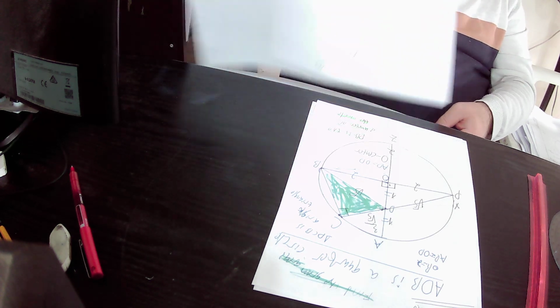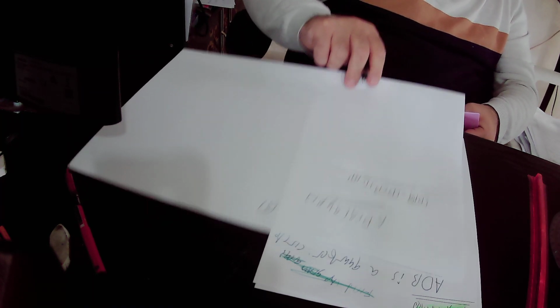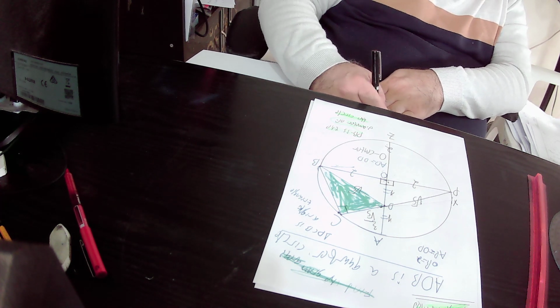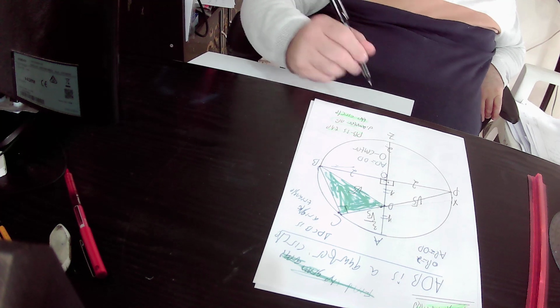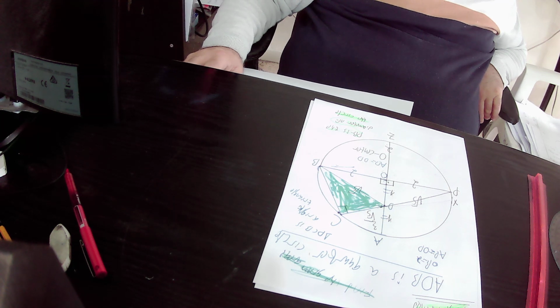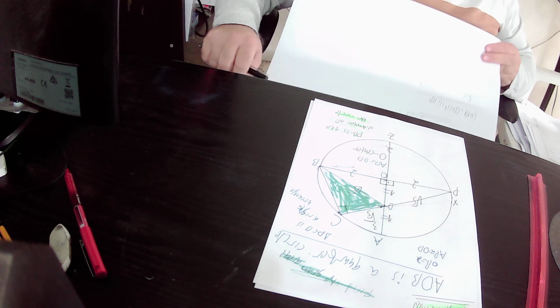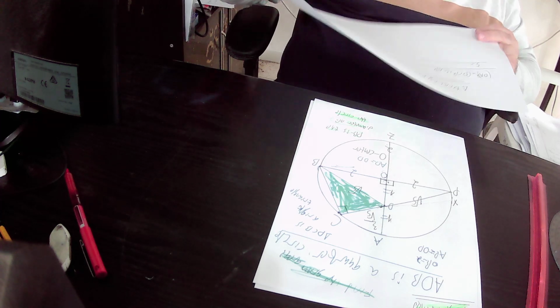I'll repeat again, in the right triangle DCB, according to the Pythagoras theorem, DB square equals DC square plus CB square. So DB equals the square root of 5. Therefore, DB square is square root of 5 squared, that is 5. And DC equals 3 over square root of 5. Therefore, DC square equals 9 over 5